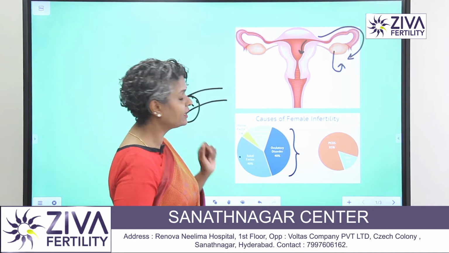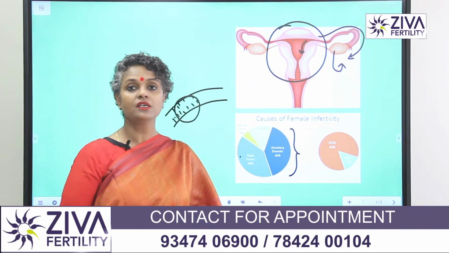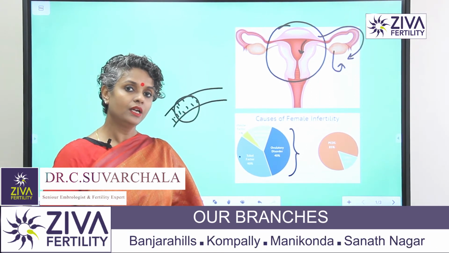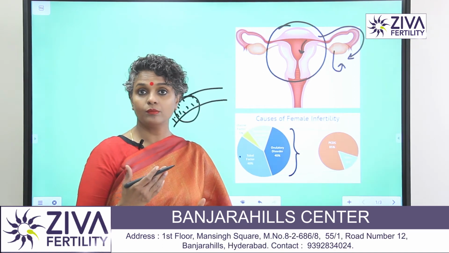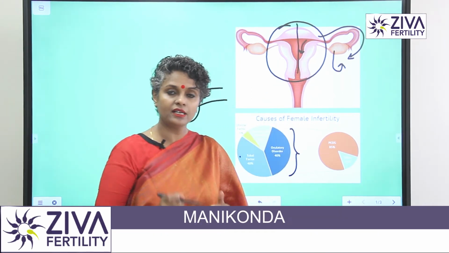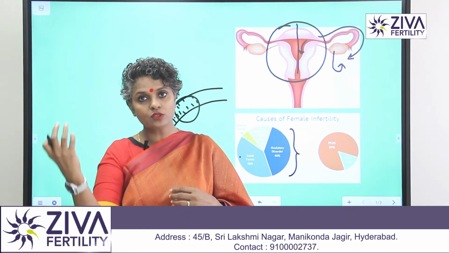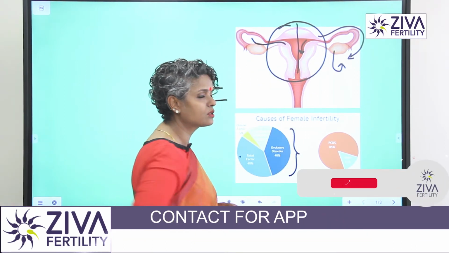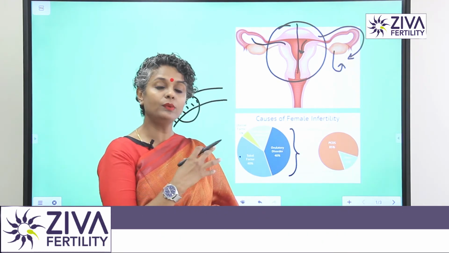Then we come to the uterine factor. The uterus is a very important part, and about 5% of couples suffer from this factor as well. Now, when I say uterine factor, it could again be a lot of causes. It could be congenital anomalies. What if the uterus had a septum inside it, like a wall? What if there were two horns? What if one side was growing, one side was not? What if the tube was connected to one side and the other side it was not? These are all congenital problems that we will be talking about subsequently, but you have to understand that these could be one of the problems.